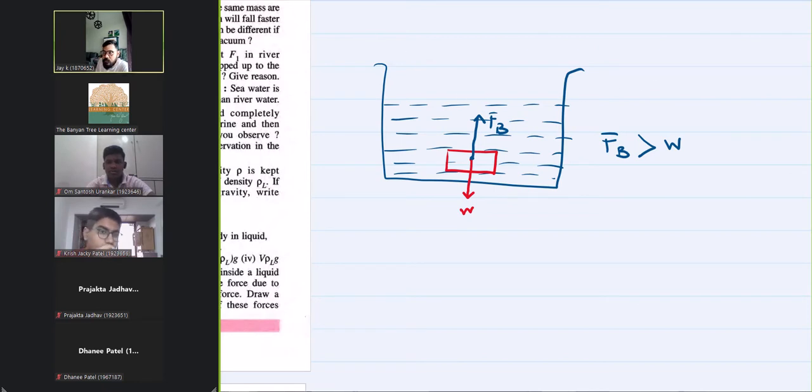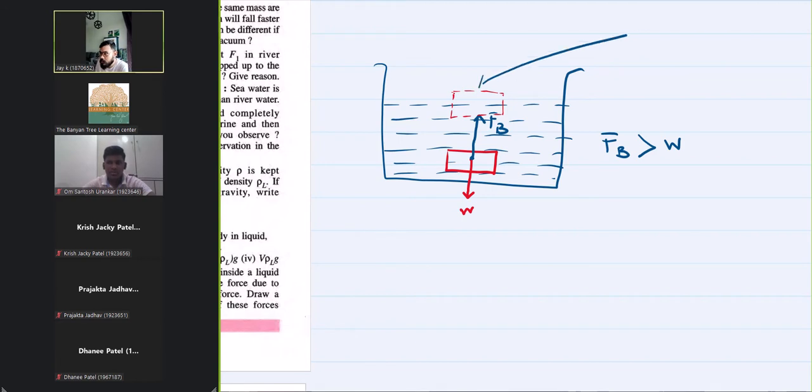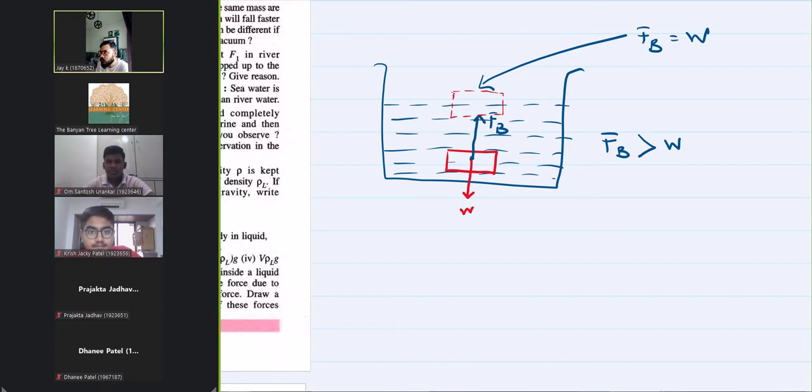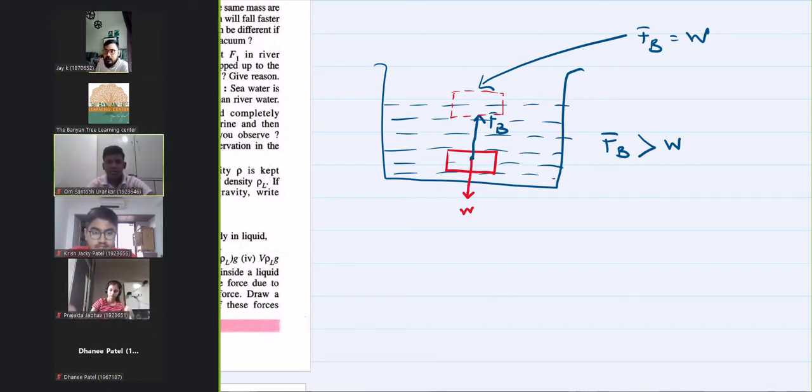Once it comes on the surface, अगर ये वुड सरफेस पे आ गया तो क्या होगा इस पोजीशन पे? इस पोजीशन पे you will notice that the upthrust and the weight of the wooden block become equal to each other, and the wooden block stops rising any further. ठीक है, समझ में आया कैसे लिखने का आंसर? इसको डायग्राम बना के एक्सप्लेन करना है, ठीक है? Do not just answer in one sentence.